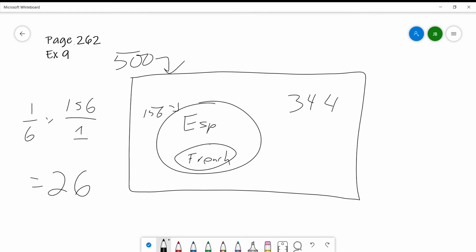So the fraction of the students studying both is 26 students over the total number of students. 500 students total. So therefore the fraction simplifies down to 13 over 250. This is the fraction of students that are studying both languages. 13 out of every 250 students, which is, so it says if you want to rewrite it as a decimal,